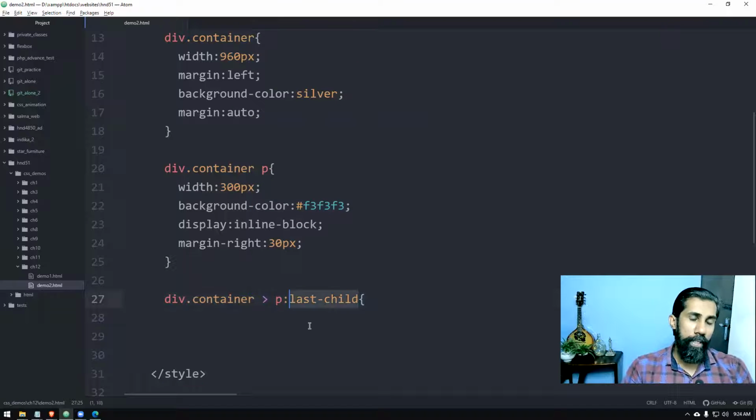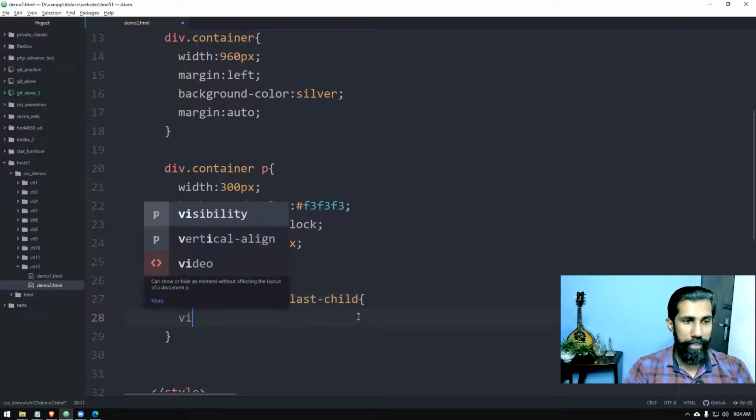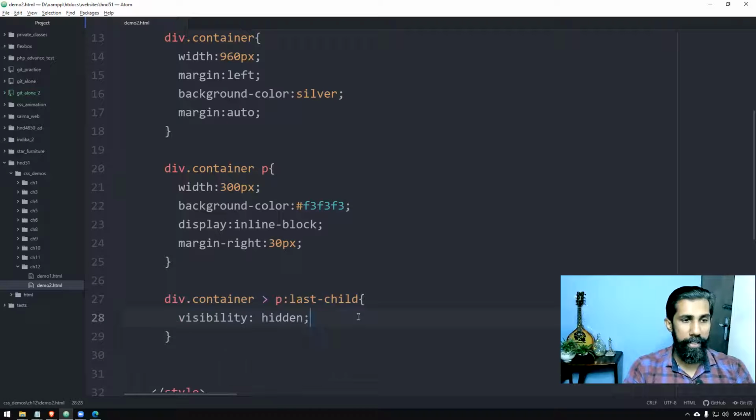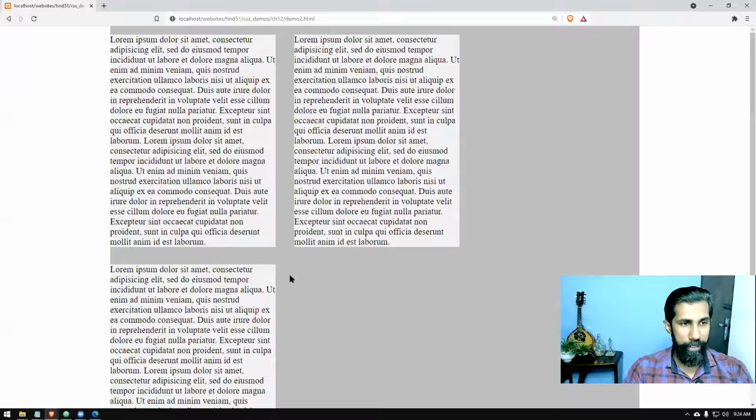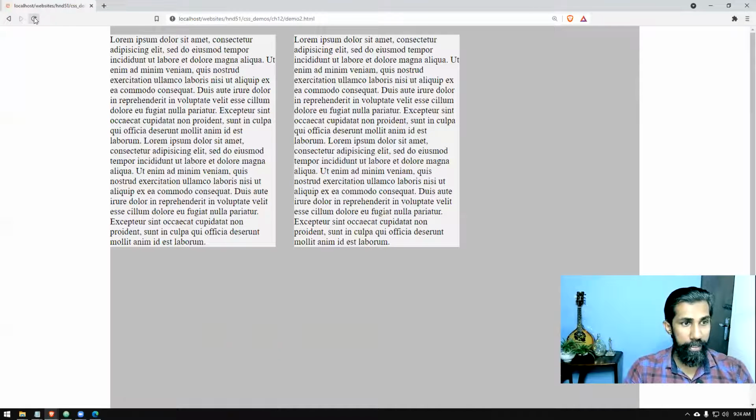That is also a pseudo class. No one has written class equals last child, no. So we will see whether it is working. Visibility hidden: if I run this and reload, and it is getting hidden, then that is getting targeted, right?